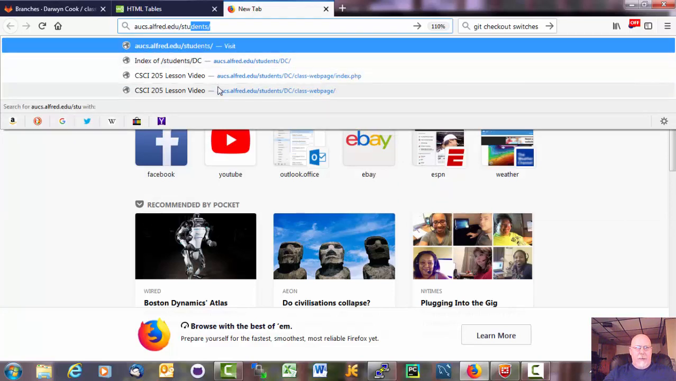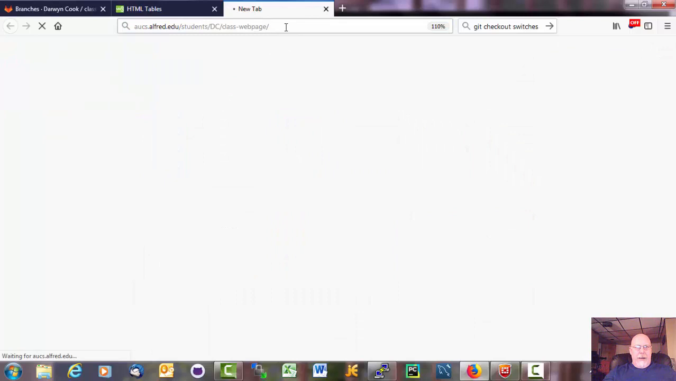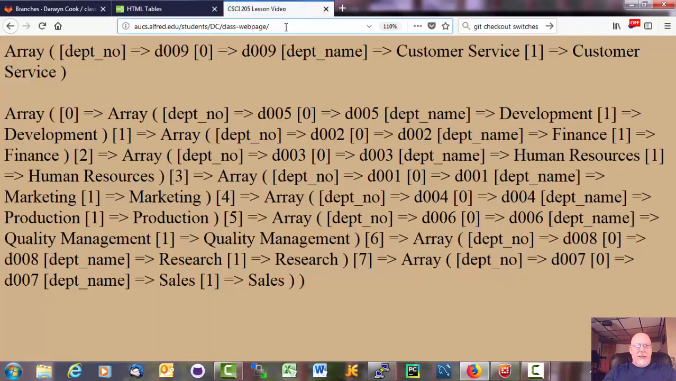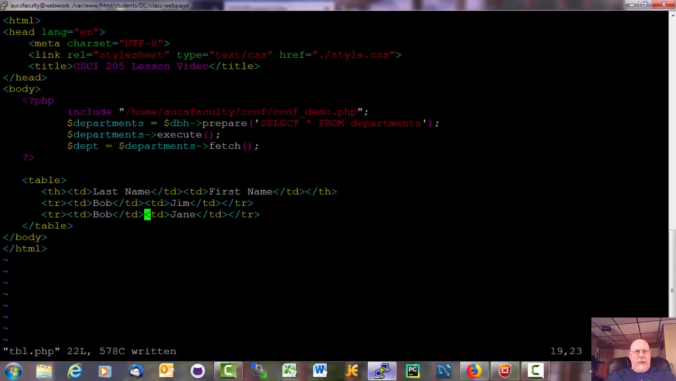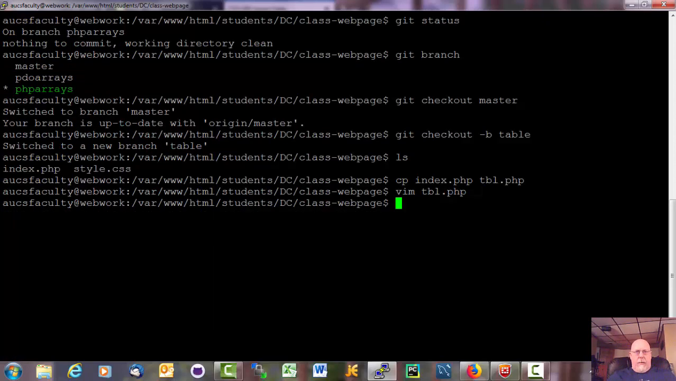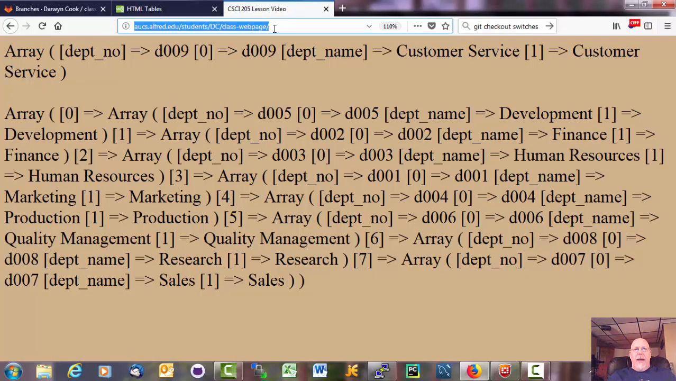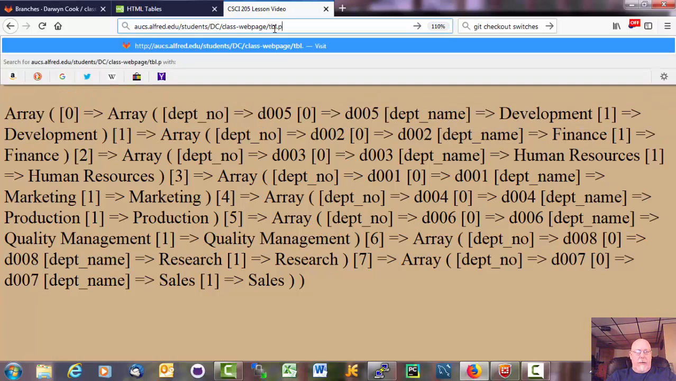DC, class web page. Okay, that's going to bring up the index.php page. That's not what I want. What I want is to pause for a second. Okay, so when we go to this URL, remember this puts us in the class web page subdirectory on the server, and that automatically brings up the index file. But what I want is the table file. So table.php,